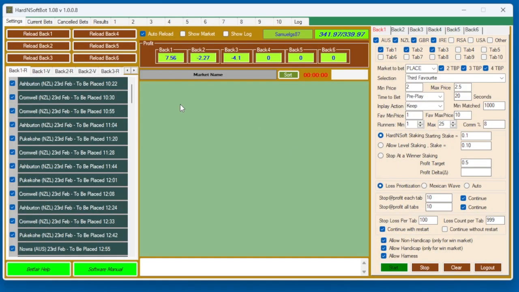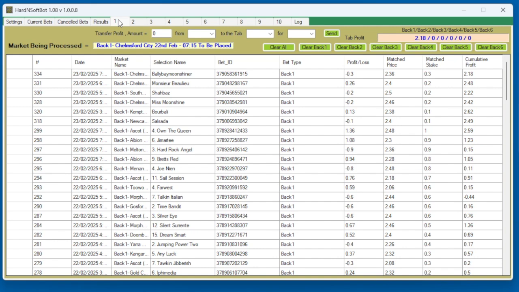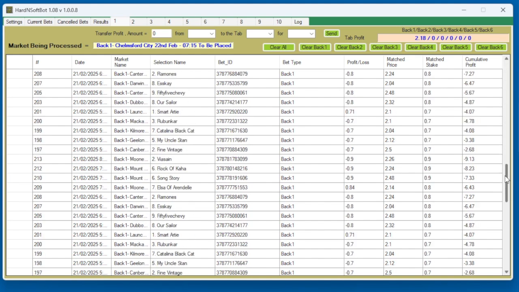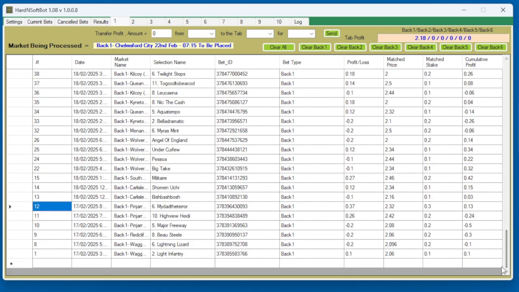So in the bot, let's have a look. We go to tab 1, for example. This has had most of the activity for the back 1 strategy. I'll go right back to the start here. So we started at a profit of 0, and if we have a look here, our first bet, 10 cents, was a winner, and it actually made 10 cents. Now, you might look at this and say $2.06 as the price. That shouldn't actually be a 10-cent profit. That should be